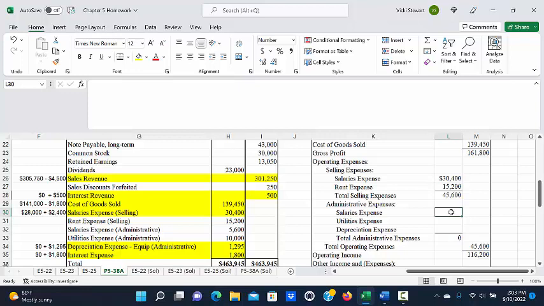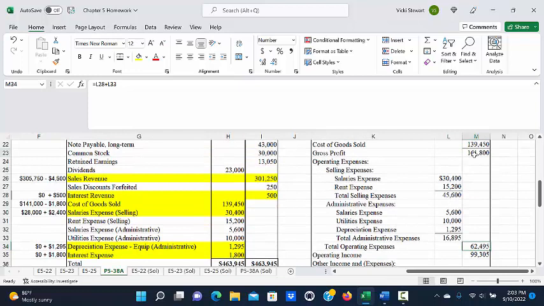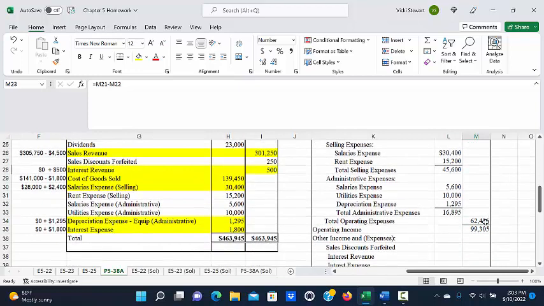So we had salaries expense administrative of $5,600. We had utilities expense administrative of $10,000, and we had depreciation expense administrative of $1,295, and that gives us a total administrative expense of $16,895, and total operating expenses for both the selling and the administrative of $62,495, which, when we subtract from gross profit, gives us operating income of